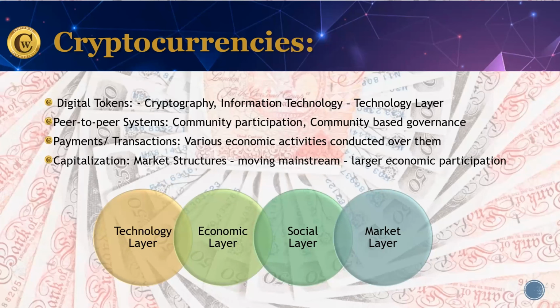These 4 different layers in cryptocurrencies form a confluence which gives it its value. So firstly there is a technology layer, then there is an economic layer, there is a social layer to it, and there is also a market layer to it. So understanding all four is very important. It is also quite important to understand which of them is impacting its value at what time.